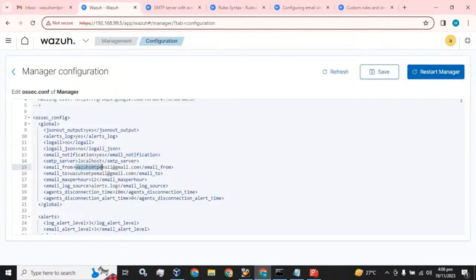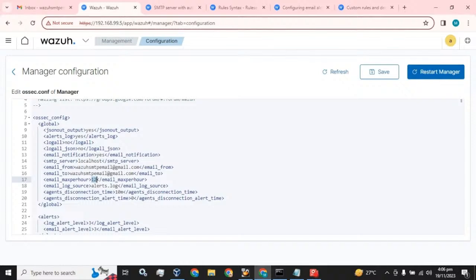I have configured this email to send the email, and I have tested the same with this email to receive the email alerts. You can paste any email address over here that you want to receive the email alerts. Number of email alerts per hour,